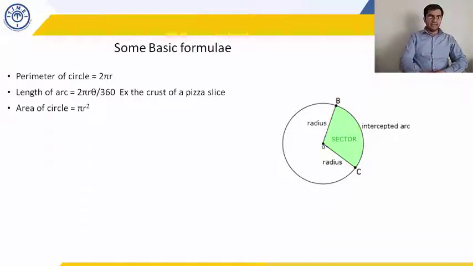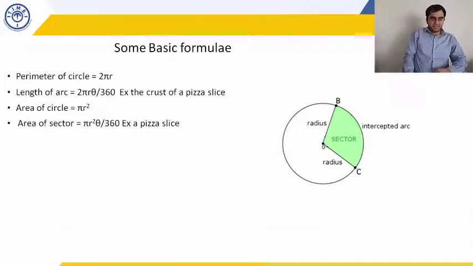The area of a circle is given as pi r square, and the area of the sector, this sector, would be a fraction of the total area. What fraction? 90 out of 360. And so the area of the sector would become pi r square into 90 divided by 360. The central angle theta is over here. Angle BOC is equal to theta. Please write that in your copies. Angle BOC equal to theta.